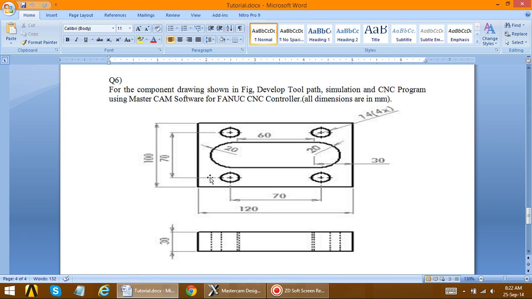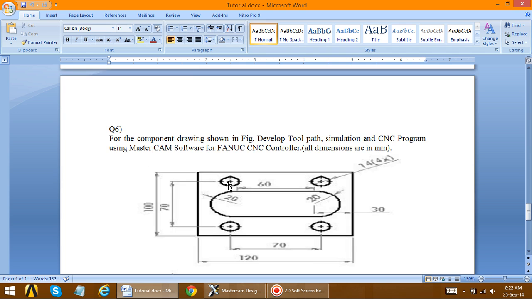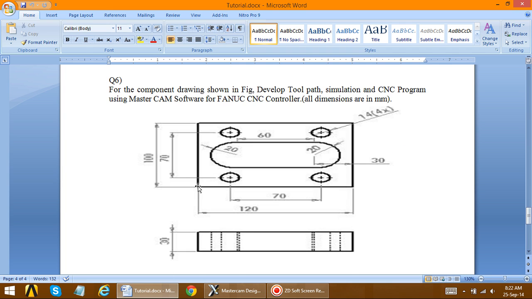Now we have to create these holes. This hole represents the drill and this inner part represents the pocket. So we have to create this hole. First we create this hole, and then copy it to the other positions. So just create at least one. For this the diameter is 14. Okay, and the location of the center of this drilling point from the left corner, if you observe,